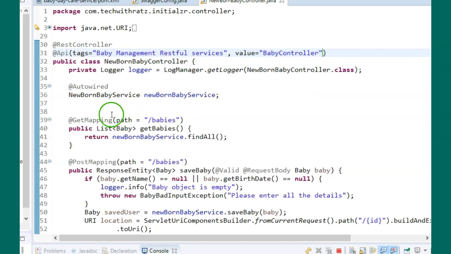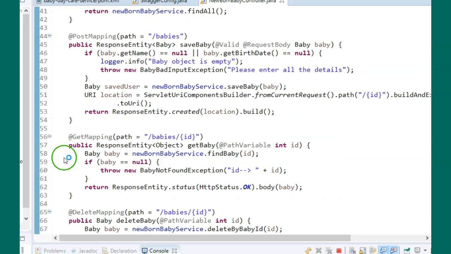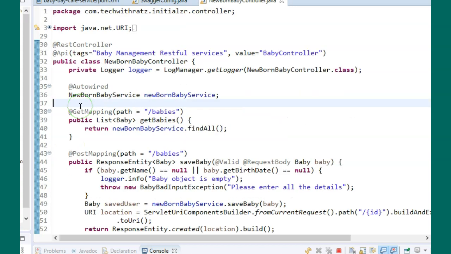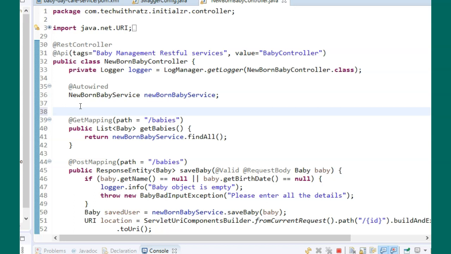And at the method level, you can add the annotation @API operation. Let me describe this as retrieve list of babies.